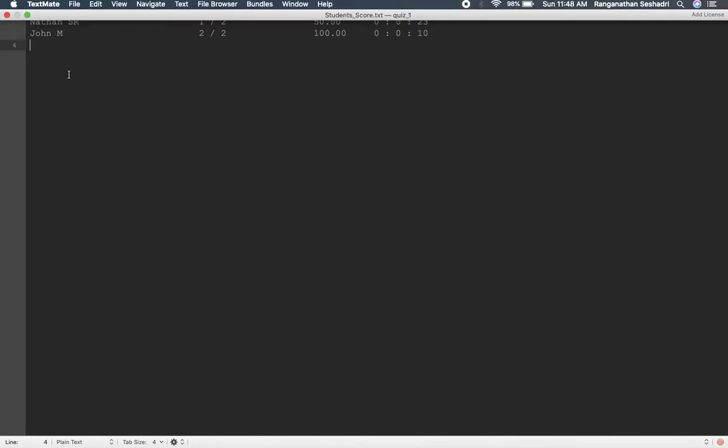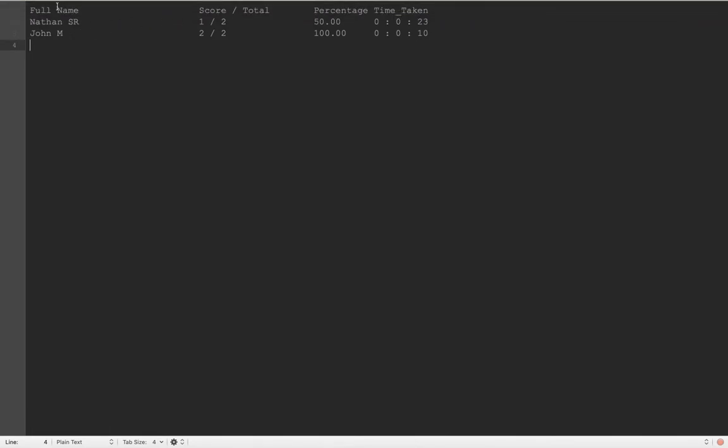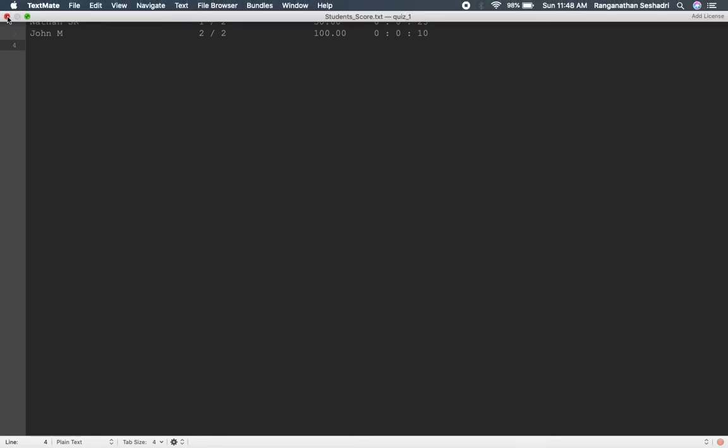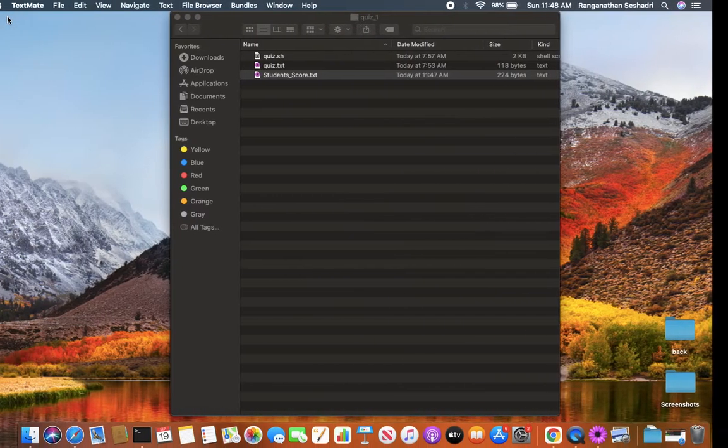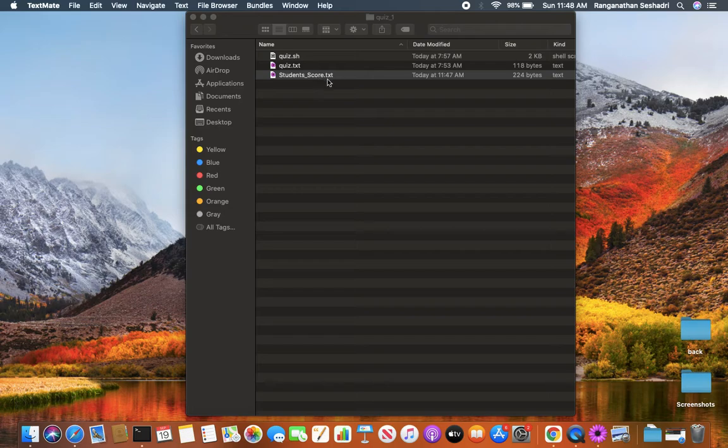So it shows full name, score out of total, percentage, time taken. This is automatically recorded by the quiz application. So you can print it out and do whatever you want with it.